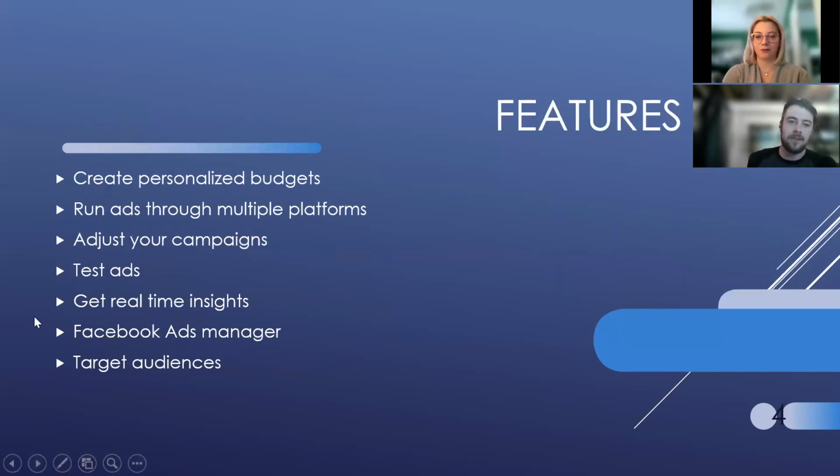Next up, we're going to run through our features. Here's where you can create your personalized budgets. You have a choice of creating a daily budget or a lifetime budget, and we'll discuss that later on in the webinar. You can run ads through multiple platforms. Facebook is connected with Instagram, so that's a really nice way. There are a few other places you can run ads, including Marketplace. You can adjust your campaign if something isn't working. If there's a tagline that didn't work or a certain call to action that you want to change, you're able to do that. You can actually test your ads, kind of like what I just mentioned there, and you